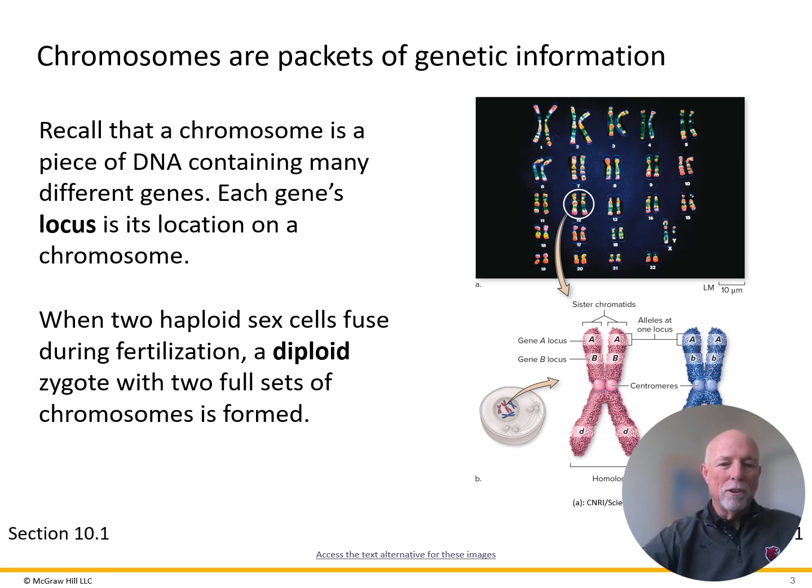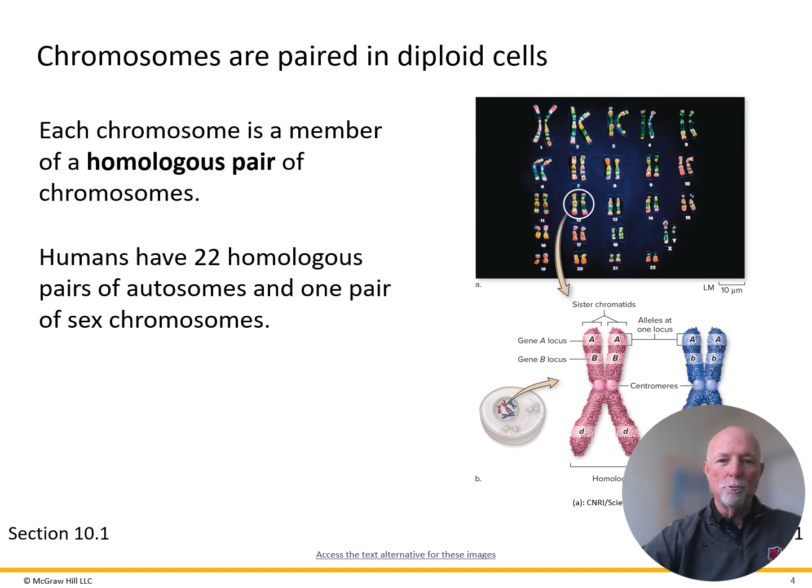So remember the terms diploid and haploid as we go through this, but we're going to talk a lot more about genes than we are chromosomes. So remember, these are homologous pairs. You have two number ones, two number 2 chromosomes, two number 8, two number 22s, two sex chromosomes. They are twin chromosomes. They are homologous, homo meaning same. In other words, these two number one chromosomes have the same genes